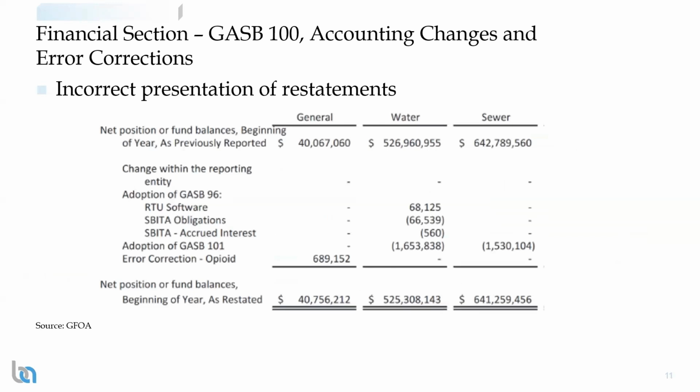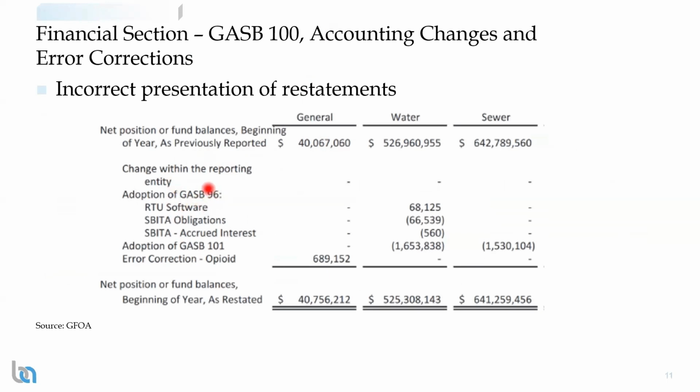All right, and this is something that's correct. So this is how it should look. You can see here you have the different restatements. You don't necessarily need to break them down by type and by detail as it's presented here.